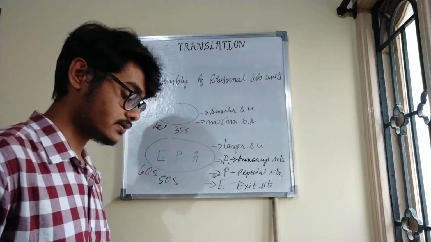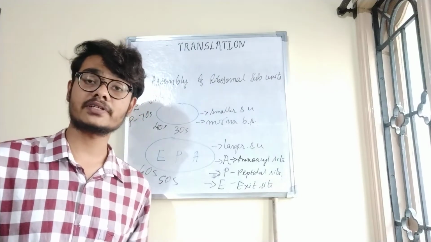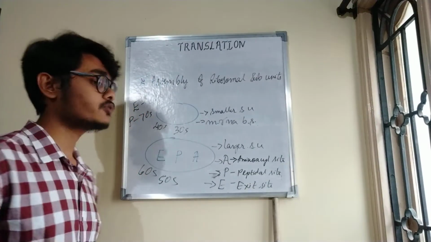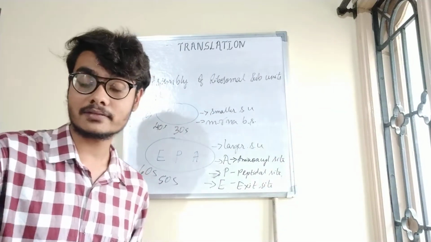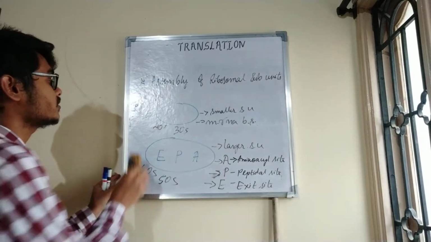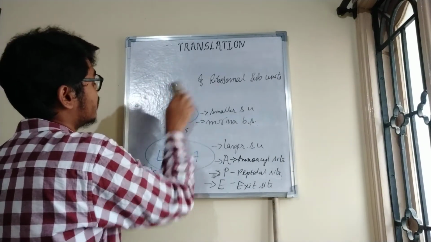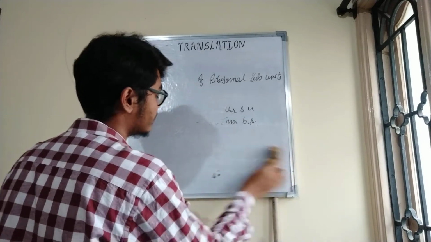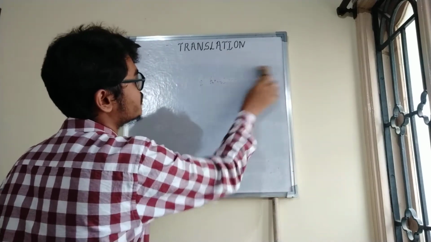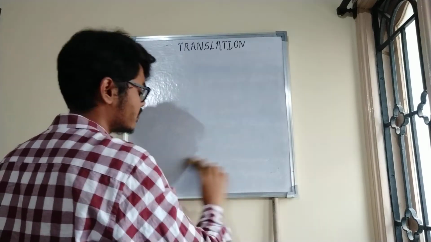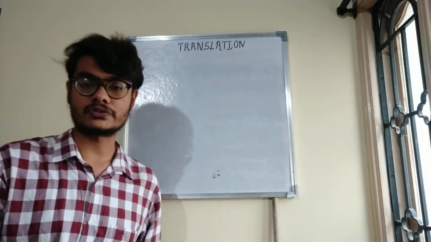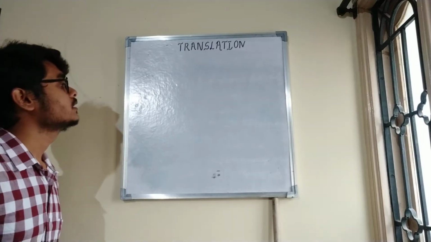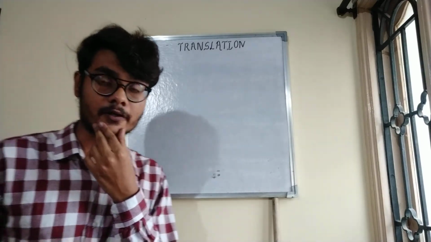So where will this translation be taking place? In prokaryotes, it will be taking place in cytoplasm. In the case of eukaryotes, it is in the cytoplasm as well across the membrane of endoplasmic reticulum. There the protein is synthesized and it is used inside the endoplasmic reticulum, or it will be stored there for the future usage. Now we are done with the assembly of ribosomes.